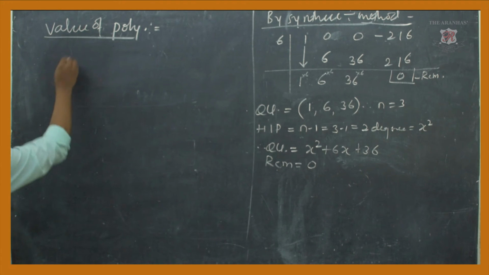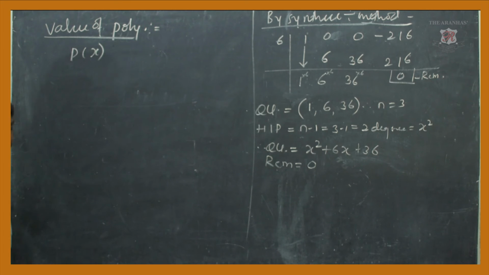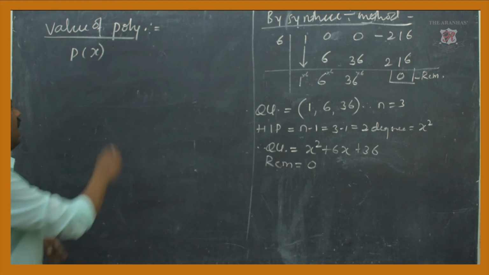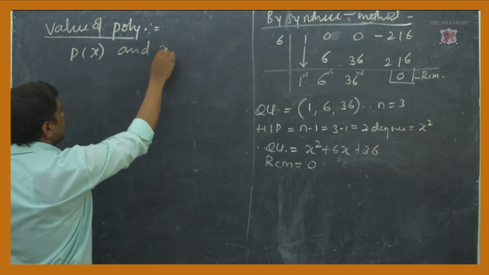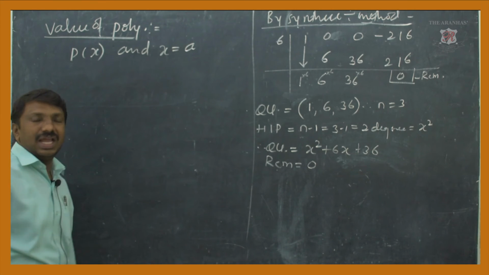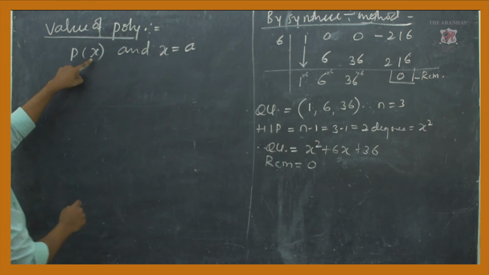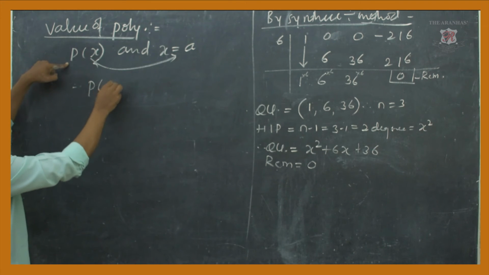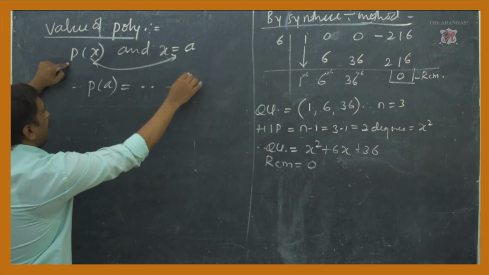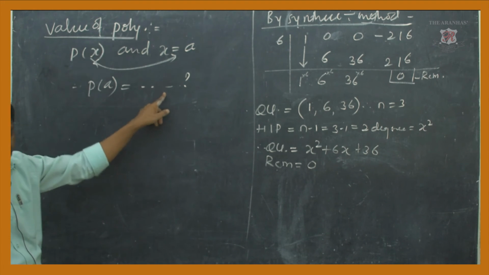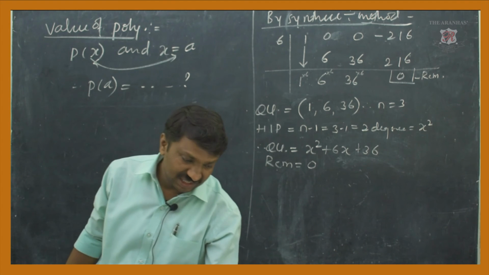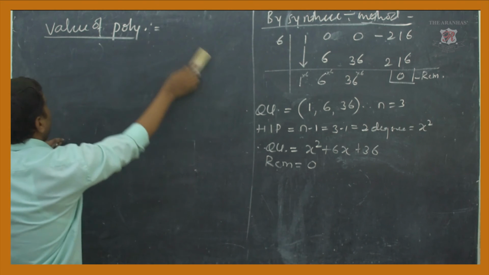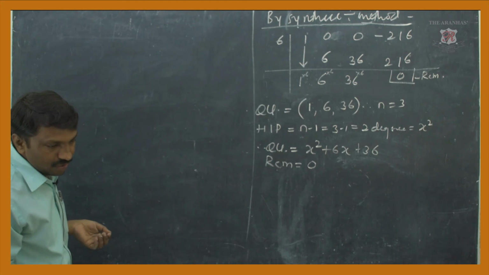For example, we have a polynomial p(x). If you substitute x is equal to a, so what is going to happen? Instead of x you have to substitute its value, so it will become p(a). So p(a) is equal to whatever the answer is, and that is the value of the polynomial. We will verify this with the help of an example, that is practice set 3.4. In it you will come to know immediately instead of the oral discussion.